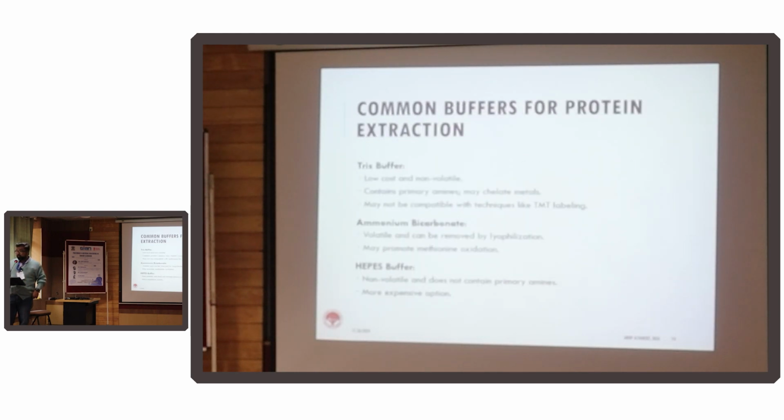So we'll just go through a few buffers. Tris buffer: low cost but non-volatile, contains primary amines, may chelate metals, and may not be compatible with labeling methods like TMT labeling. I know you might not know right now, but there are techniques such as TMT labeling